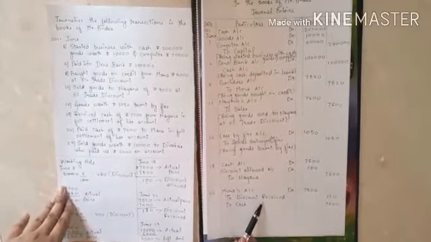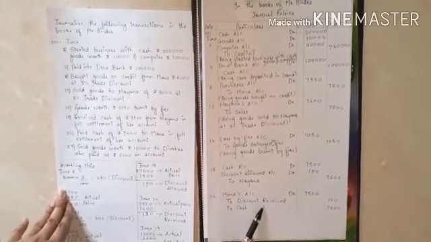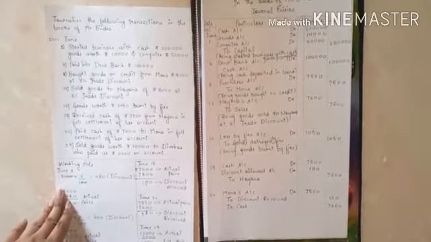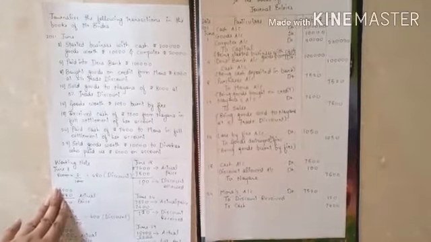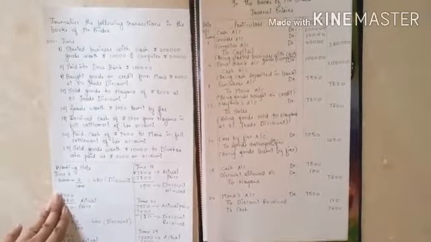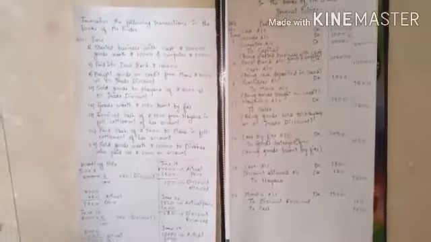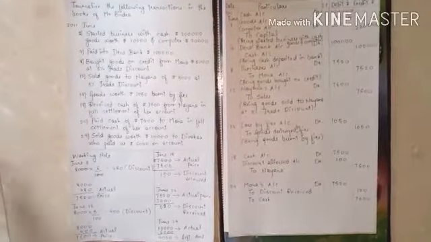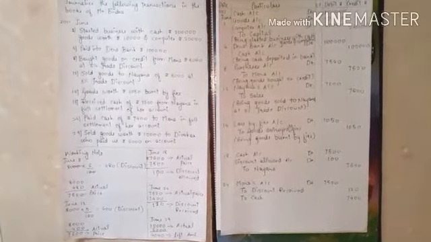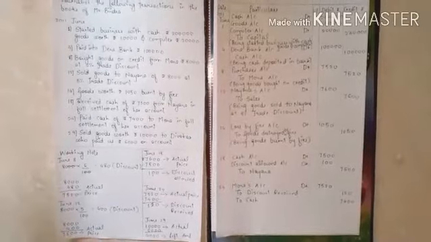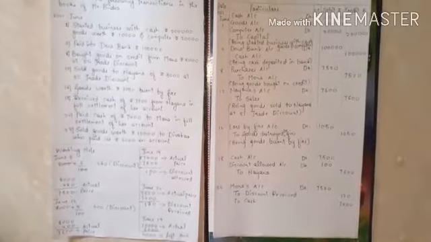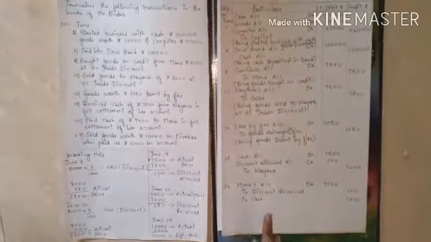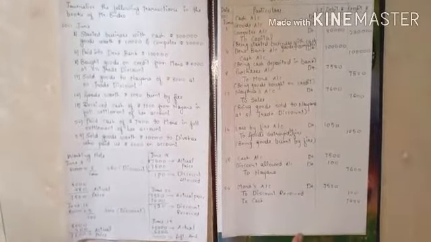Since we have received discount from Mona of rupees 120, as we already know that discount received is a nominal account. What is the rule for nominal account? Debit the expenses and losses and credit all incomes and gains. So here Mr. Bindra has received discount, so it is a profit for him, so that is why discount received has got the credit effect.